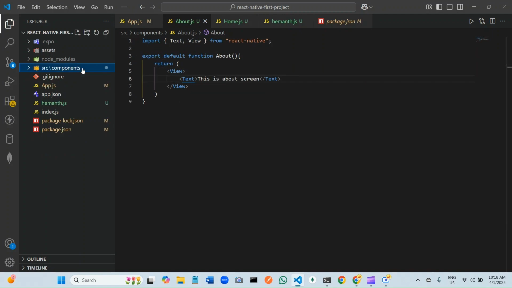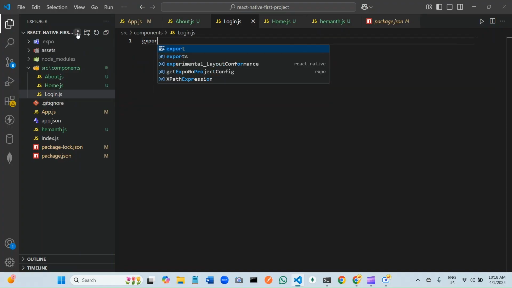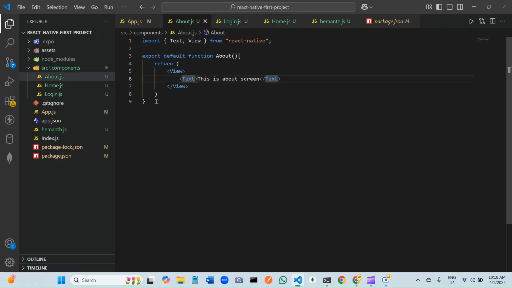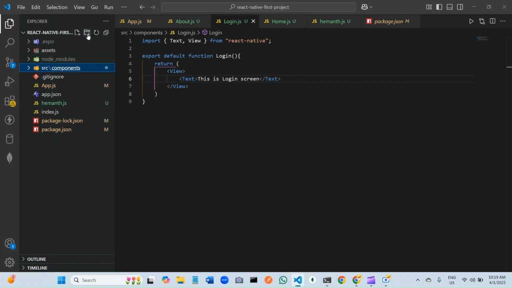Now let's create login screen, login.js. Let's export. Let me copy this about.js file inside this login.js file and just change the name here as login, and this is login screen. Now let's create notification screen,